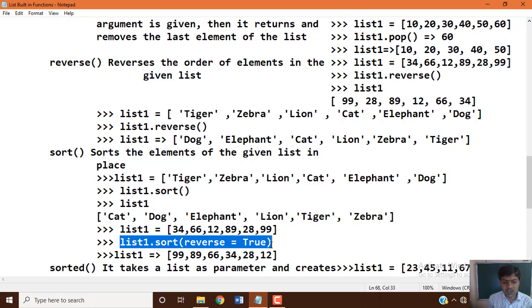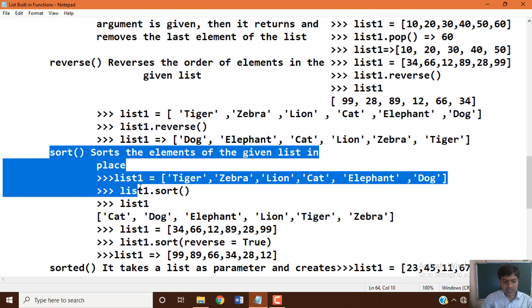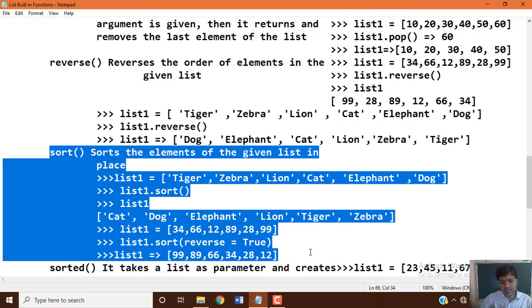So when you apply the argument reverse equal to true, you see 99, 89, 66, 34, 28, 12 as output. By default, the sort function sorts in ascending order without passing an argument. When you pass reverse equal to true, you will see the data displayed in descending order.